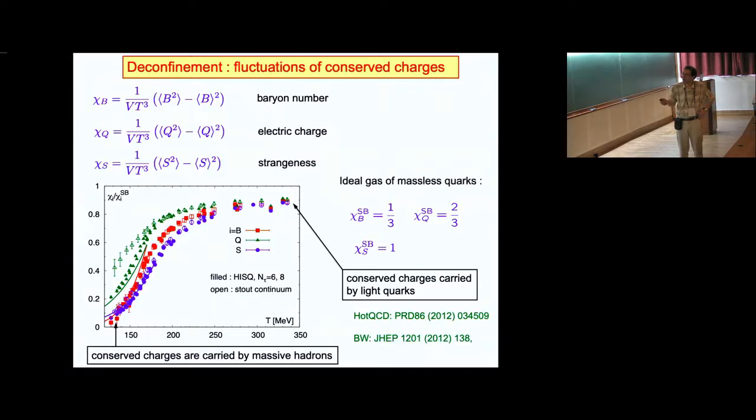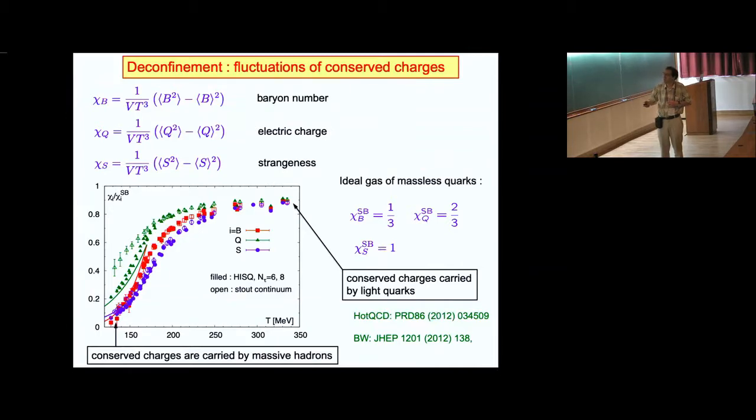At low temperature, on the other hand, this quantity is significantly smaller than 1, and that can also be understood because all these conserved charges are carried by massive hadrons. And then in between, you have this transition from one to another. As you increase the temperature, this fluctuation grows, and to a large extent that can be understood in the Hadron Resonance Gas. You could calculate all these quantities in the Hadron Resonance Gas, and to a large extent it captures this trend of the lattice data. Of course, at higher temperature it is no longer valid, but eventually the fluctuation will saturate